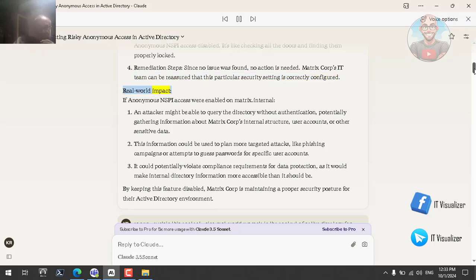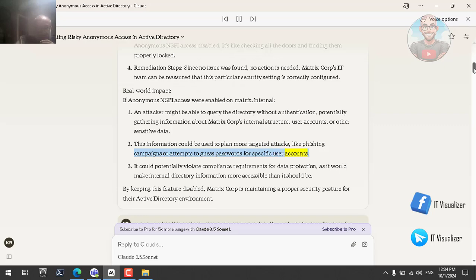Real-world impact. If anonymous LDAP access were enabled on matrix.internal, an attacker might be able to query the directory without authentication, potentially gathering information about Matrix Corp's internal structure, user accounts, or other sensitive data. This information could be used to plan more targeted attacks, like phishing campaigns or attempts to guess passwords for specific